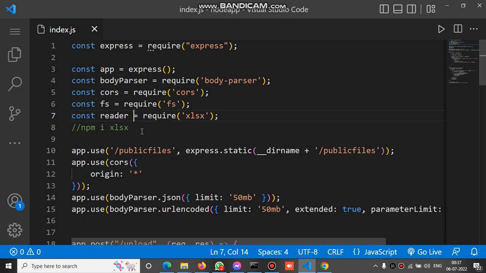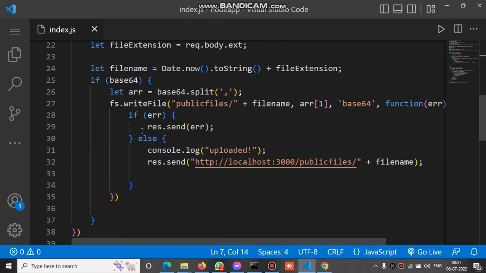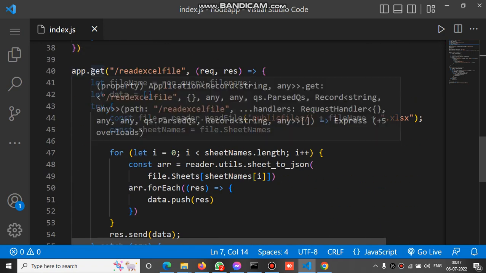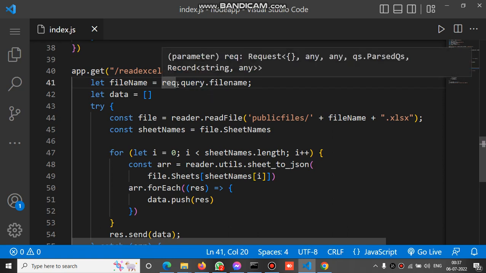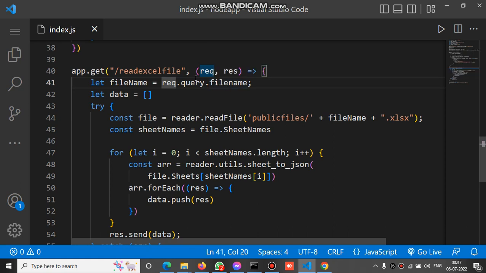Now after importing that library, let's check the GET API. This is the GET API of this Node.js application, and it has the name read Excel file. So when we call the API, we must mention this name to call this GET API. Inside this API, we are retrieving the file name sent in the API URL as a query string by using the property request.query.filename,